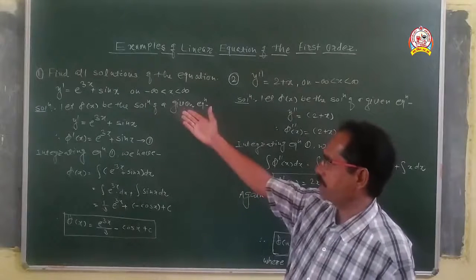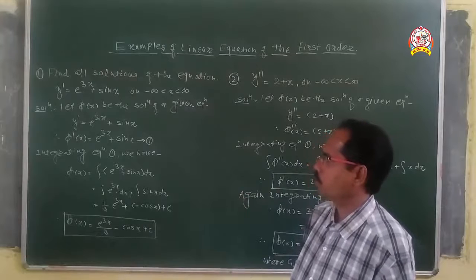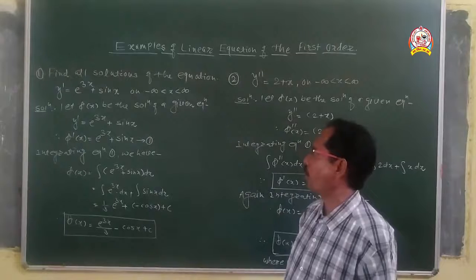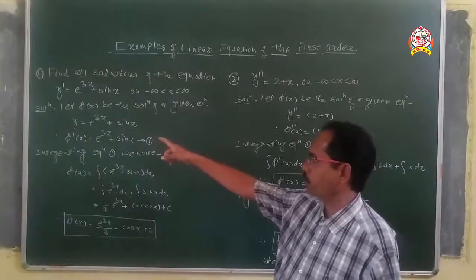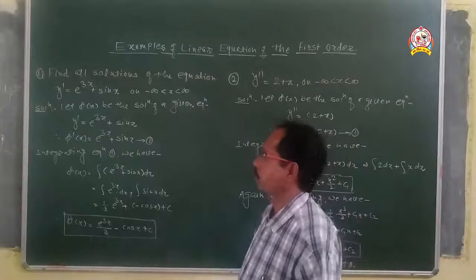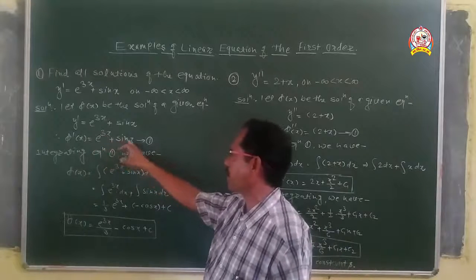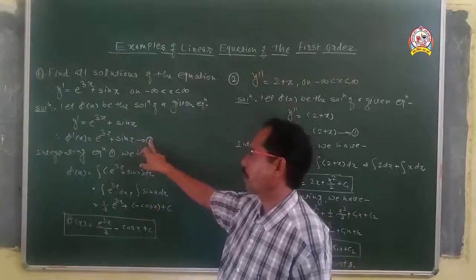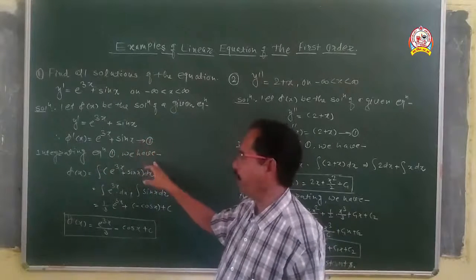The given equation is a differential equation. So let phi of x be the solution of the given equation y' = e^(3x) + sin x. Therefore, phi'(x) = e^(3x) + sin x. Call this equation 1. Now, integrating equation 1, we have